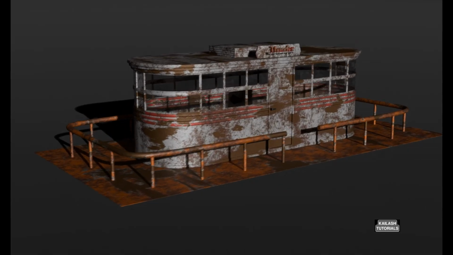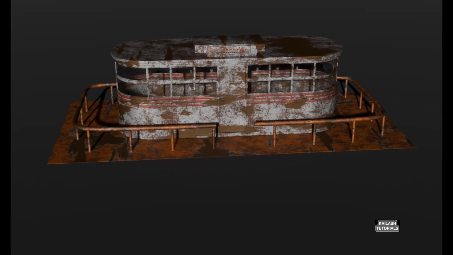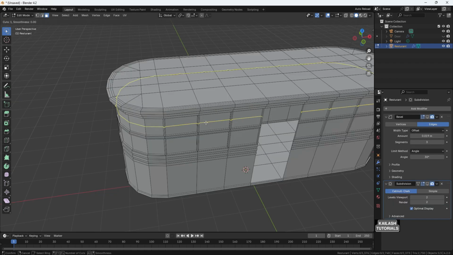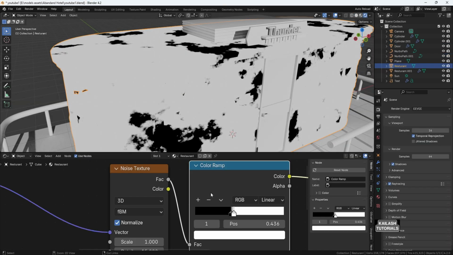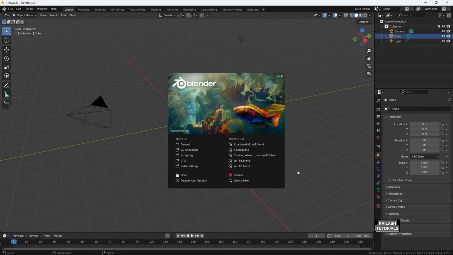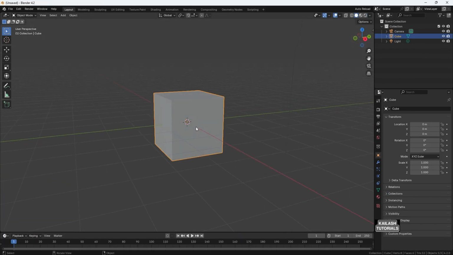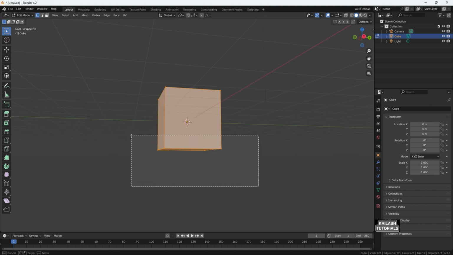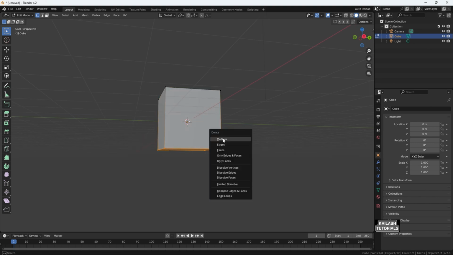We are going to model this small abandoned restaurant in Blender. First we are going to model our small restaurant, then we will make our own procedural texture for our restaurant in Shader Editor. Select this cube, go into Edit mode, select these vertices, press X, click vertices to delete it,